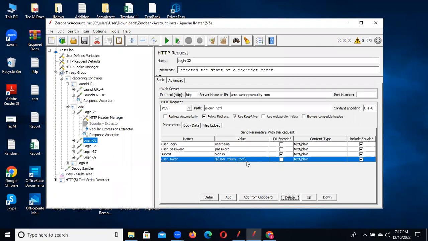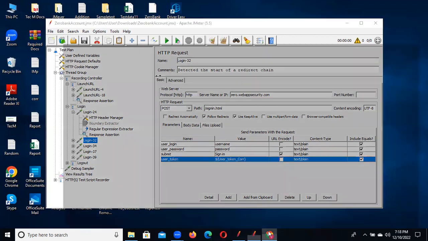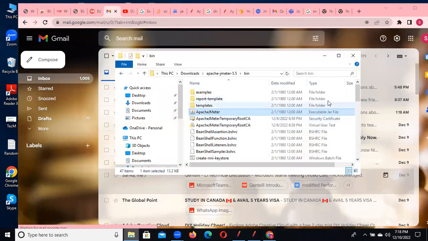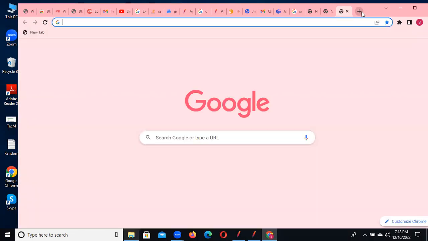And one more thing, when you are doing correlation, we can divide it into two types: one is application-side dynamic values, and one is server-side. Server-side means we can see the user token, session ID, or user session. These kinds of things will be token IDs. All of these come from server-side values. Similarly, the application side also sometimes has different ones. For example, we'll see one of the applications, say a flight booking application, where we are selecting the